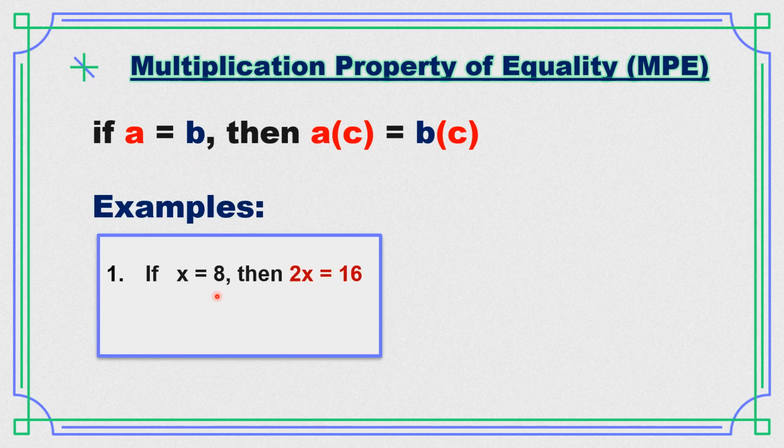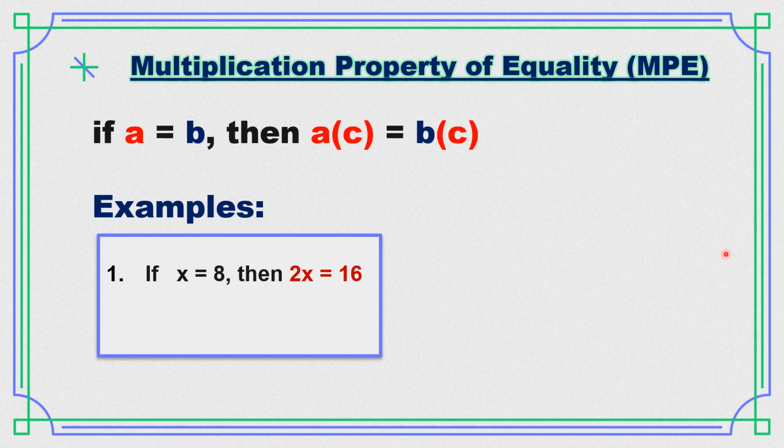If x is equals to 8, then 2x is equals to 16. So, paano natin makukuha yung 2x is equals to 16? Okay, so mag-iisip kayo ng number na kapag minultiply ko sa x, ang lalabas ay 2x. Na kapag minultiply ko kay 8, dapat ang lalabas ay 16. So, dapat pareho sila ng number na imumultiply,